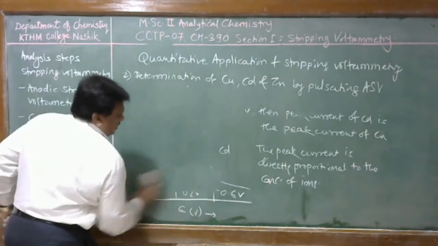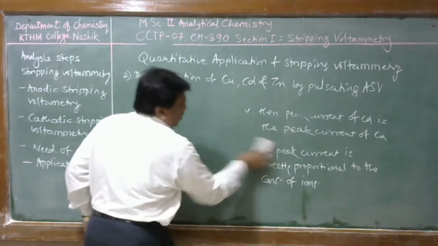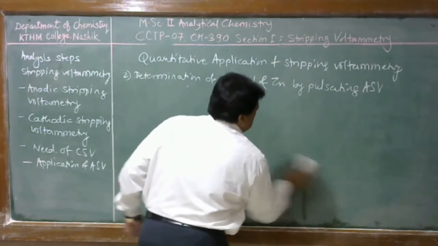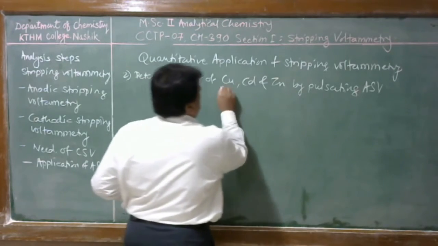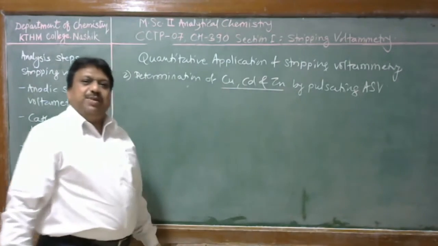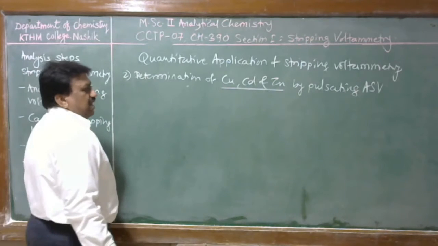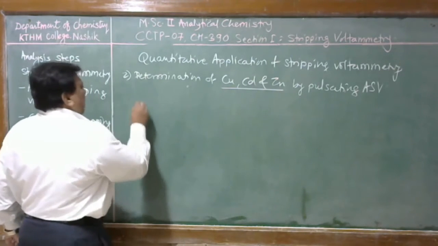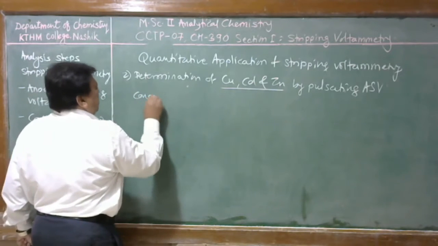Here we discuss the application of determination of copper and zinc. Now we have to discuss the determination of copper, cadmium and zinc in the mixture by pulsating anodic stripping voltammetry. Now in this case, concentration step